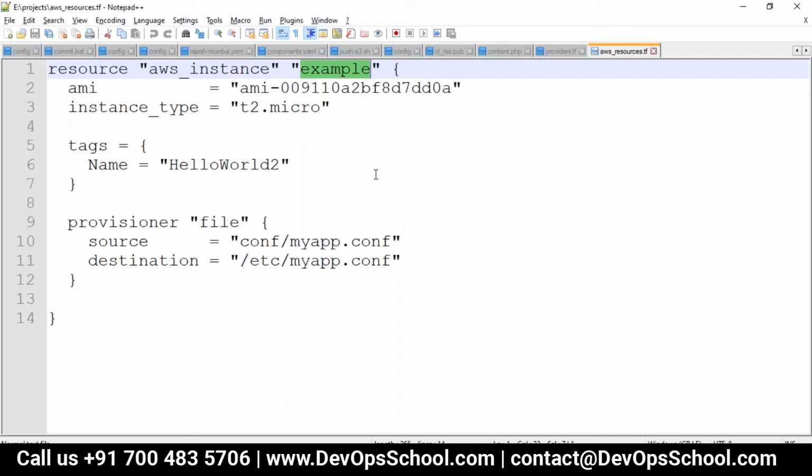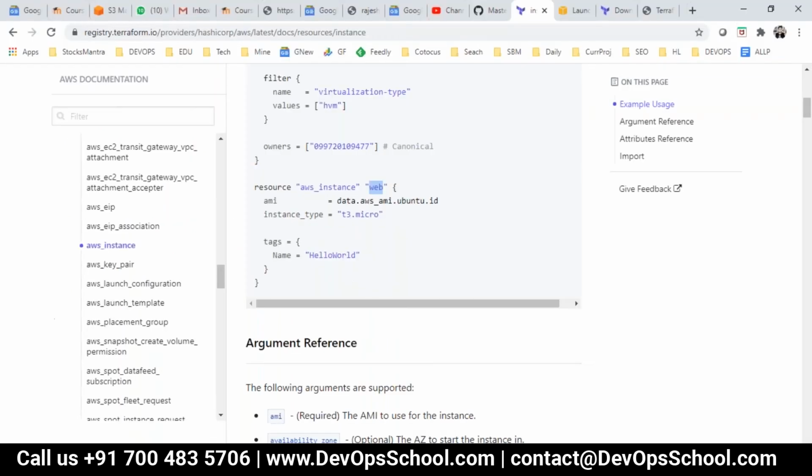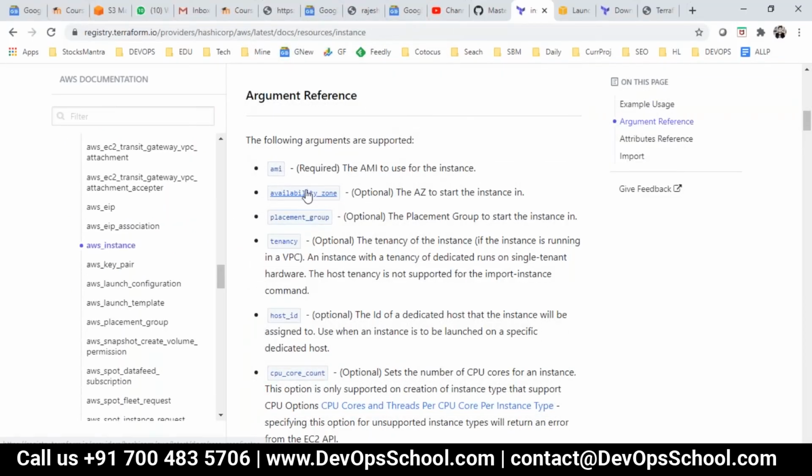Okay. Now here, remember, to create an EC2 instance, you have to pass this AMI and instance type, correct? So these are the required things. How do we get it? I don't know. So learn from here only. By the way, you don't need to learn from here because you know that for AWS instance, some of the things are required and the rest take defaults. But still, if you want to learn, you see that AMI is required.